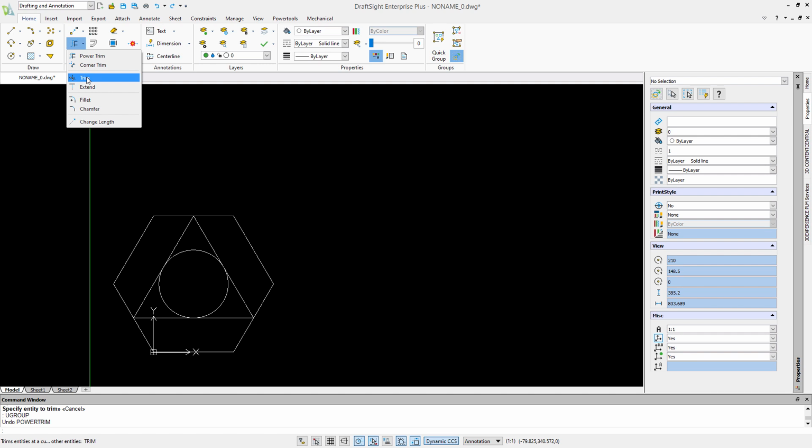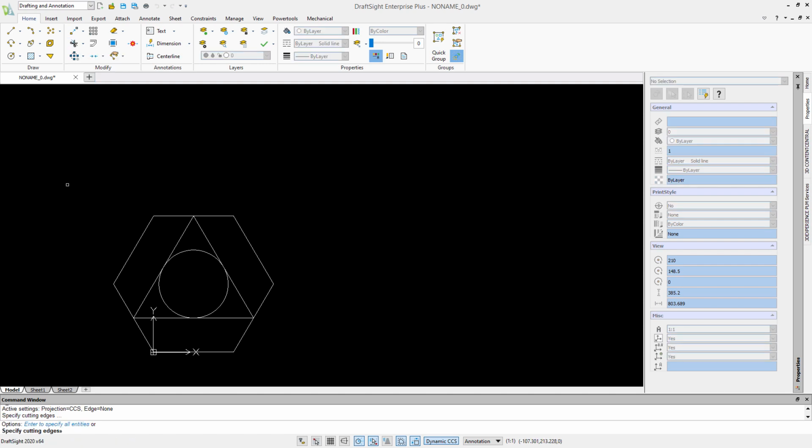So we select trim. In the command line, we're asked to select cutting edges, so what edges will be used to act as cutting edges to trim the other lines back to. So if I hit enter here, it will select everything as a cutting edge. And then I can start selecting objects to remove. I can click on them individually, or I could drag windows around the objects I want to trim back.